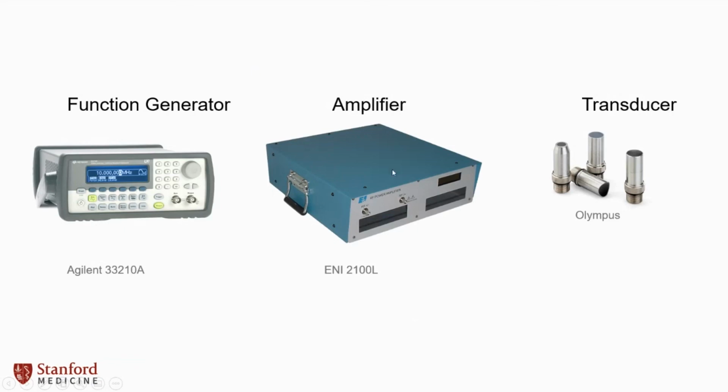Power amplifiers, brand new, these things are pretty expensive. I think brand new, like this particular ENI 2100L, this is a kind of amplifier that will give you the power you need without knowing anything about your ultrasound transducer. This can cost like 20K brand new. I've bought old ones from like the 70s that work fine. These things were built to last. Those cost like 2K, a little cheaper.